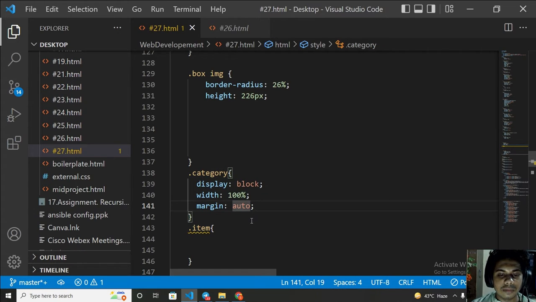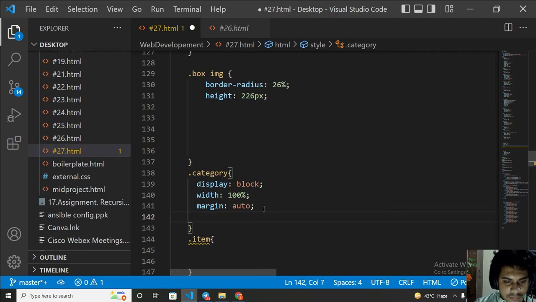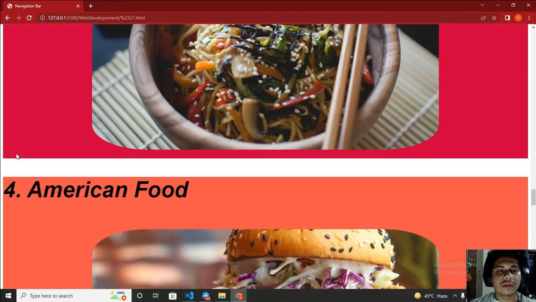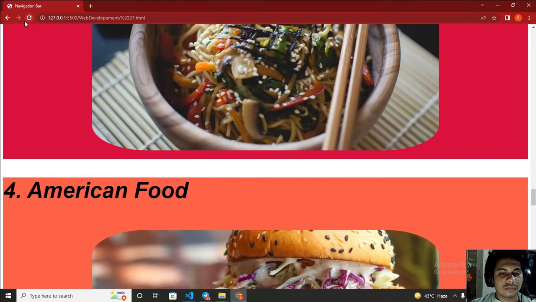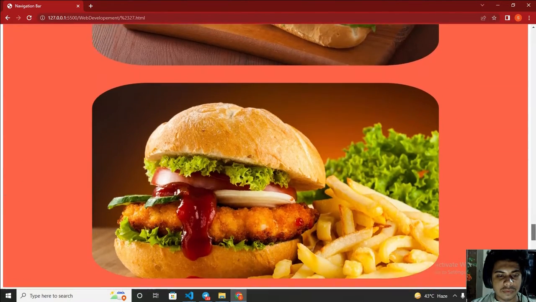Let me do margin here. Let me give margin 0 pixel, and auto like this. Okay, now let's see if it works or not. It is still not working,